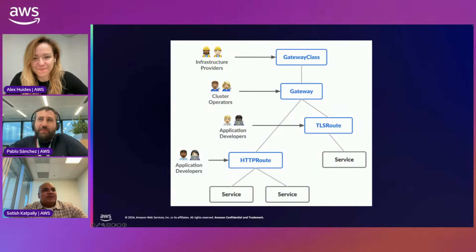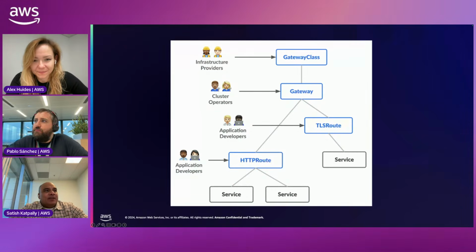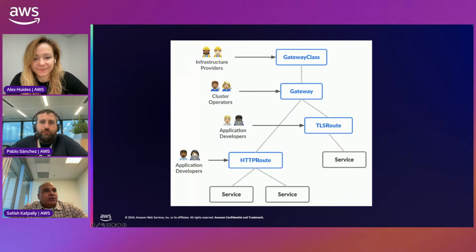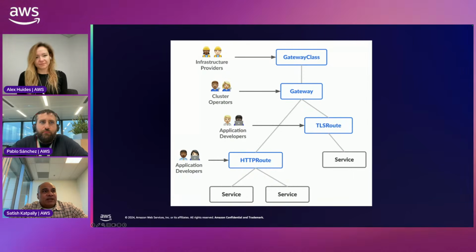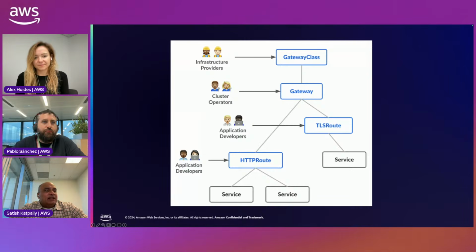So in terms of the structure itself, this is what the Gateway API structure looks like. Like Alex was saying earlier, there's a clear delineation between who's providing the infrastructure, which is not just the VPC, cluster, et cetera. And then there are the cluster operators themselves that figure out, okay, this cluster was provisioned in this VPC for this dev team. That's where the gateway level comes in. And then the developers themselves focus just on the TLS route, HTTP route, their specific application that they care about, or multiple applications that they care about.